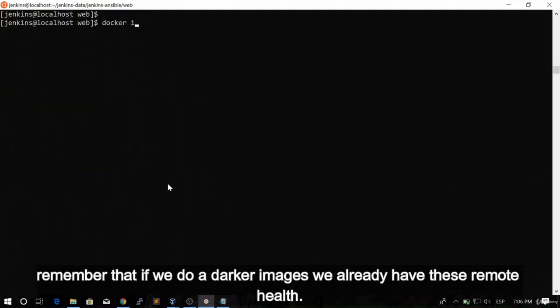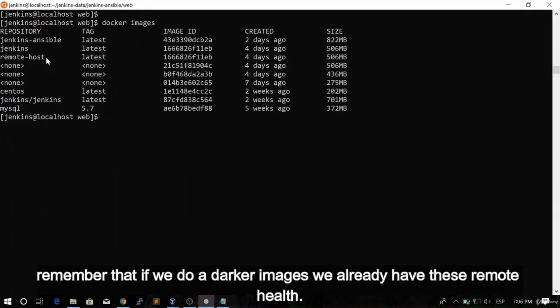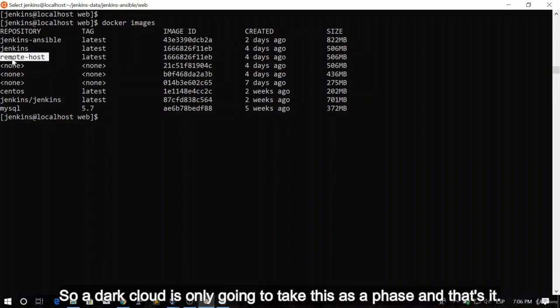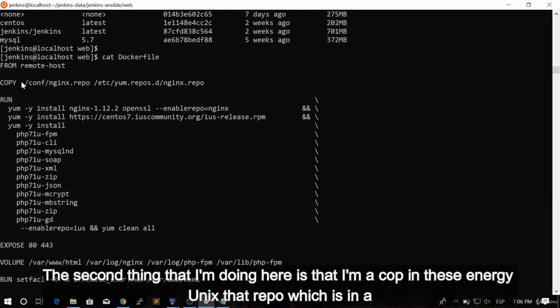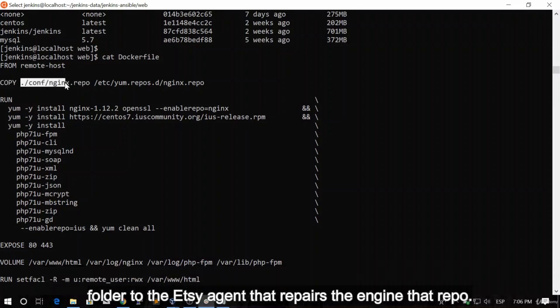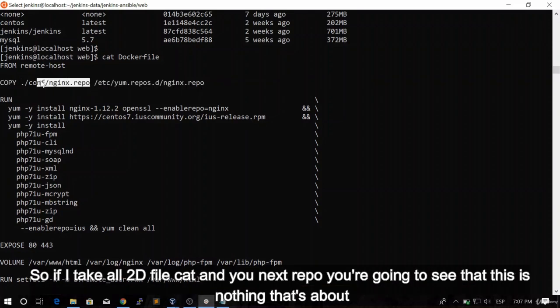Because remember that if we do a docker images, we already have this remote host created. So Docker is only going to take this as a base. And that's it. So let's keep taking a look at this Dockerfile. The second thing that I'm doing here is that I'm copying this nginx.repo, which is in a folder, to the /etc/yum.repos.d/nginx.repo. So if I take a look at this